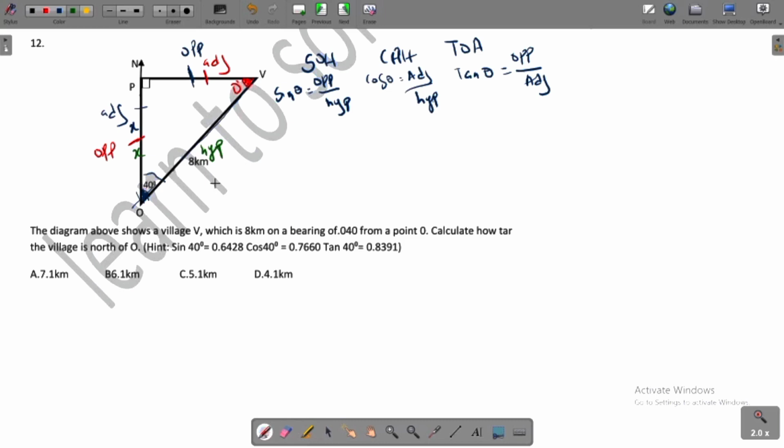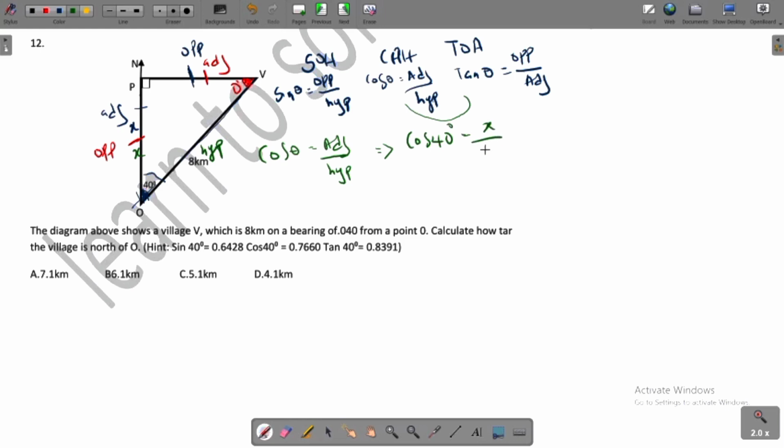So looking at all of them we have here, you see that the one that satisfies this is cos theta equal to the adjacent of this angle over the hypotenuse. So the theta there is 40, that is cos 40 degree equal to